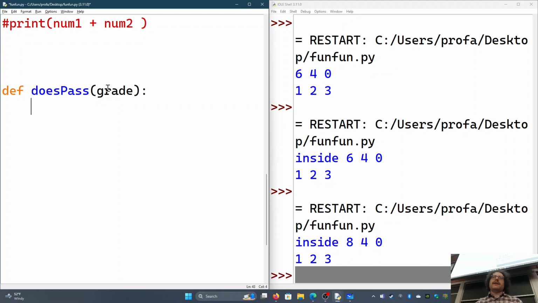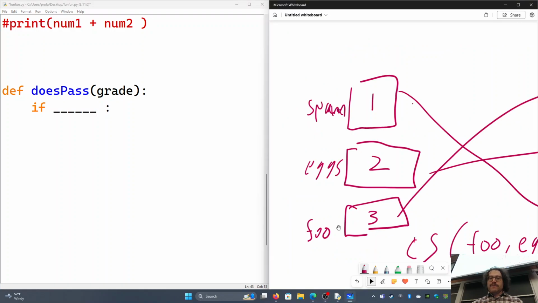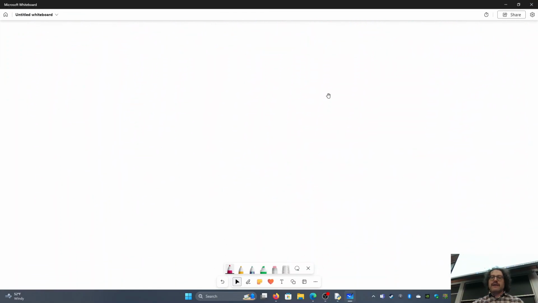And what we'll say is that we want the student to pass if it's a 70 or above. Otherwise, they don't pass the class. So an if statement is fairly straightforward. An if statement is composed of 3 parts. It's got the if, you've got the statement that we're going to fill in, and then you've got a colon, which simply indicates there's going to be an indentation upcoming. So only one part really needs to be filled in, and it's one of those what we call Boolean statements,